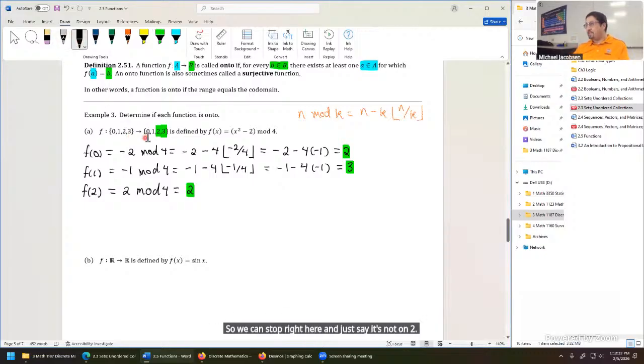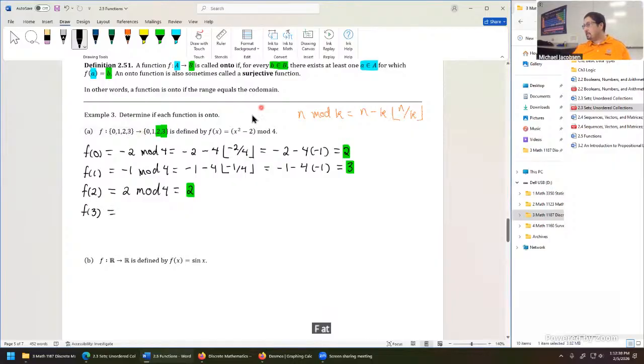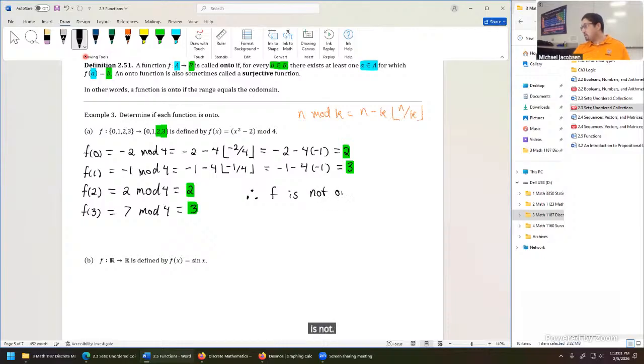But for the sake of really visualizing this, let's do the full evaluation. One more can't hurt. F at 3, that's 3 squared, so 9 minus 2. That becomes a 7 mod 4. And 7 mod 4 is 3, and that's another collision. We never hit 0 and 1 whatsoever, and so we can conclude right here, therefore, F is not onto,